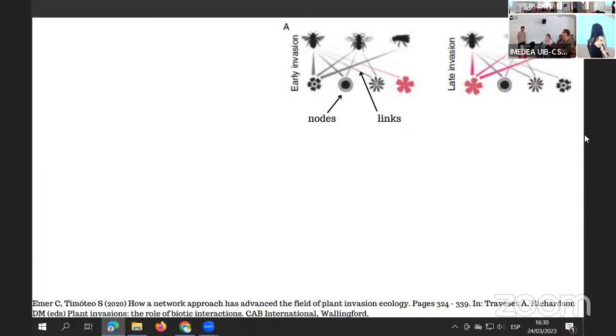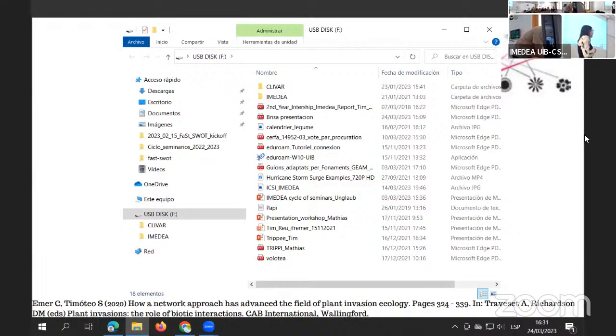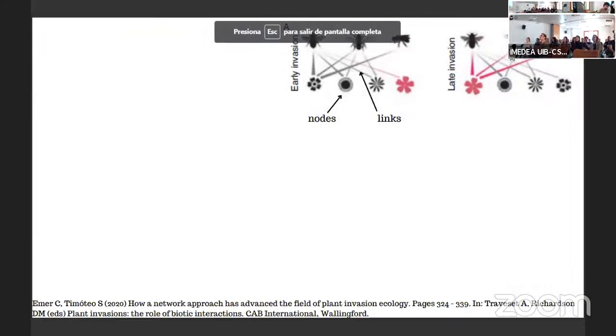Here we have a community, and these links can be according to the amount of interaction. Well, I will. Yes, this one. Okay, thank you. Sorry. Now you can see. Okay.